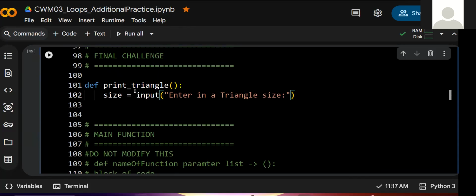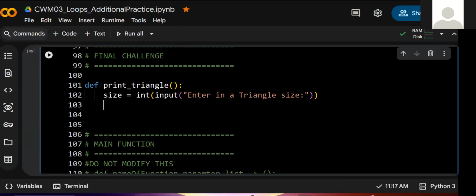And since we know that we're going to be using our expression part to duplicate values, we're just going to cast this as an integer because we know we need it as an integer. Now, the next thing we're going to do is we're going to have our for loop,